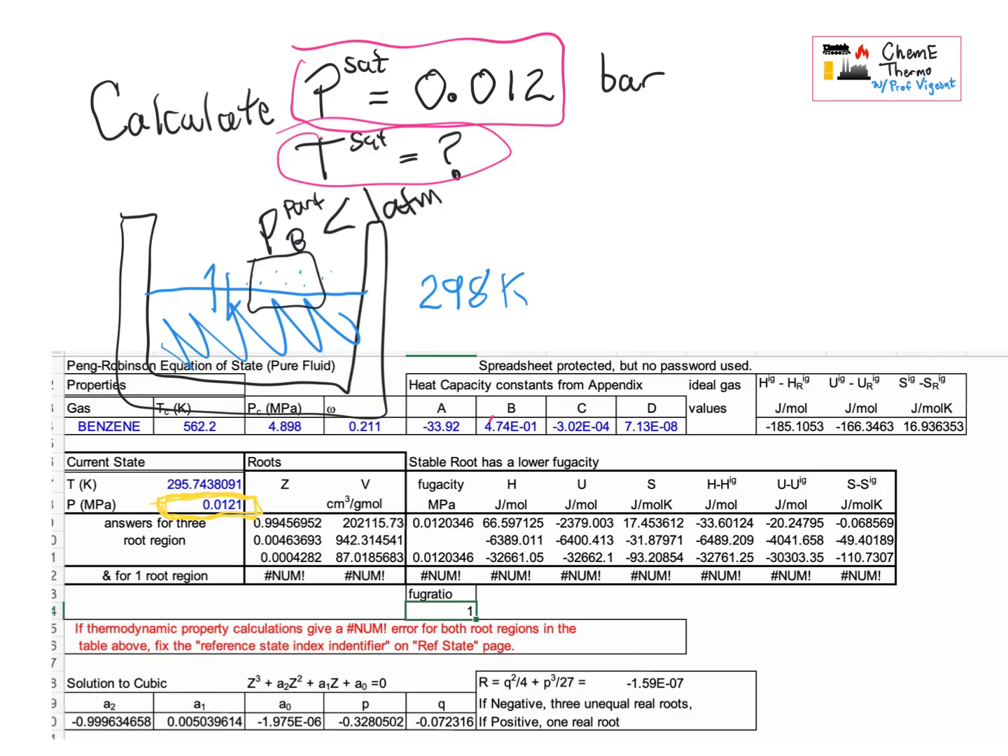And then I did the same process. I iterated until I got the fugacity ratio to be 1. And you see that my temperature at which that happens is right around 295, 296. So that means